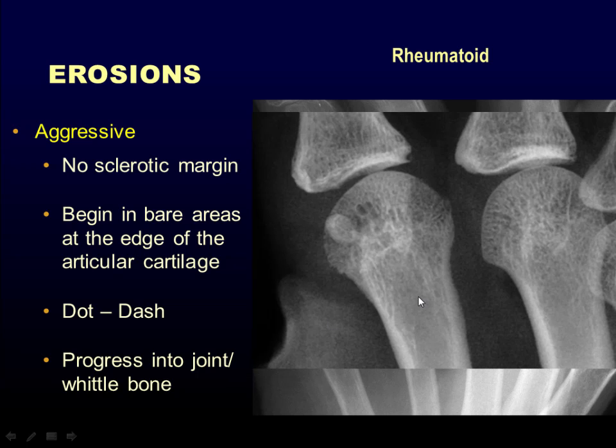The other thing that may be seen is something that's referred to as a dot-dash pattern, so that the bare area and the thin areas of cartilage have been removed. If we look here at a normal cortical margin, we see that it has this thin white line that could be drawn with a number 2 pencil, whereas along the margins of this metacarpal head, we see that the bone has started to be removed. We've changed the contour. We're losing some of the bone margin along the dorsal aspect,